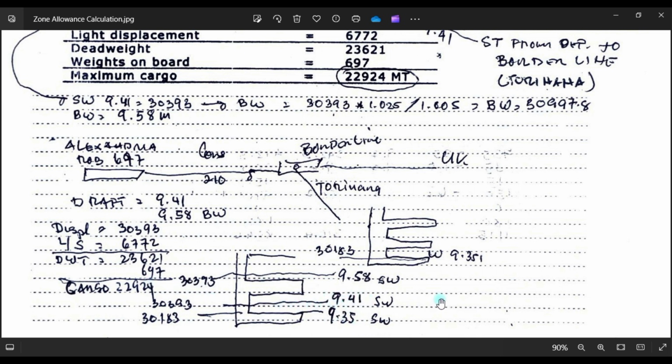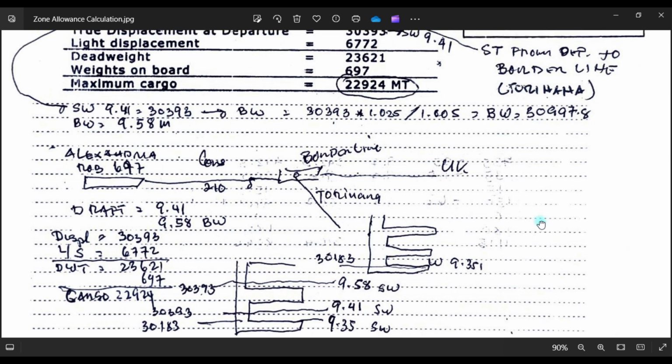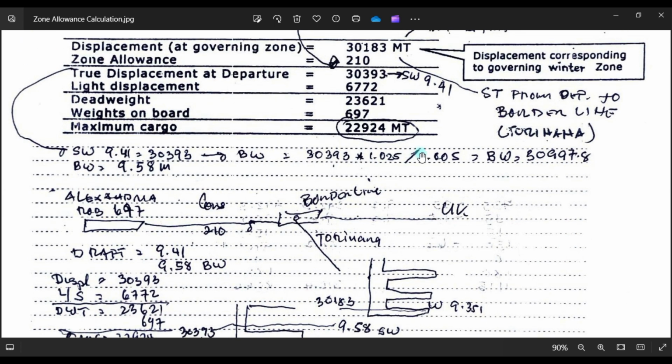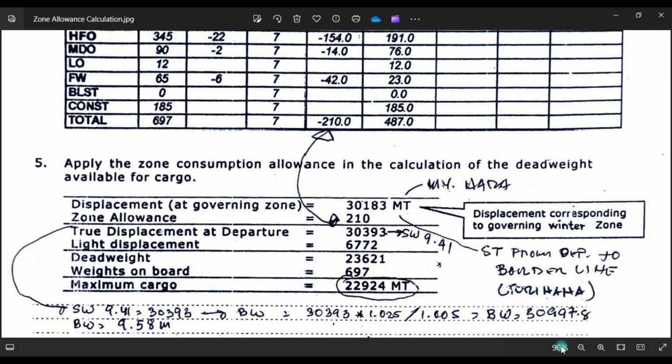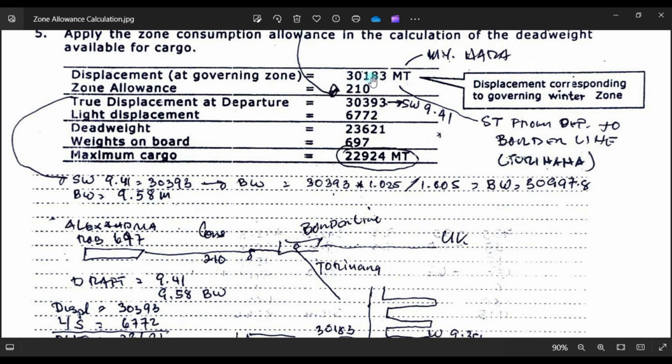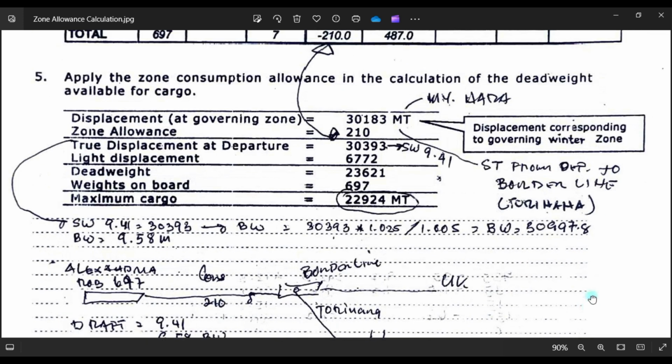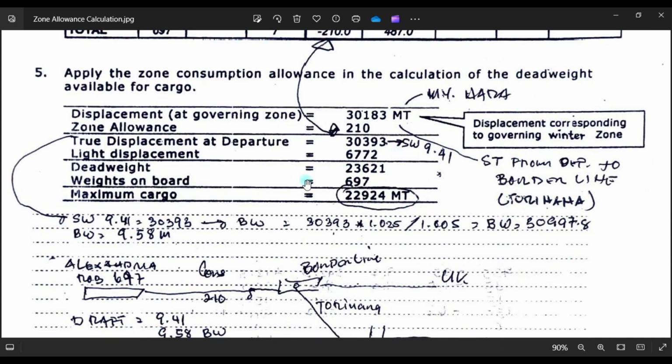This is the salt water drop, which is this one, 9.41. Displacement is 30393. When you add this consumption allowance to this winter displacement, okay, this is the governing zone. So the problem stops here.